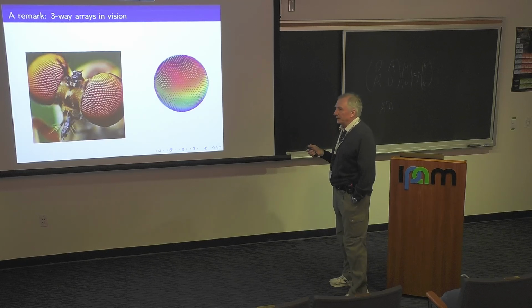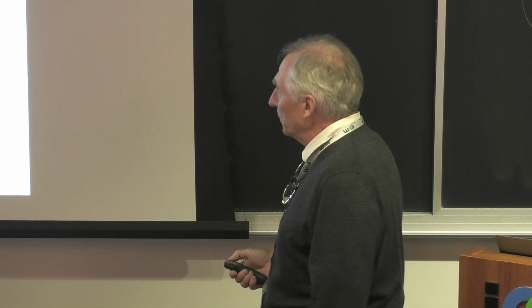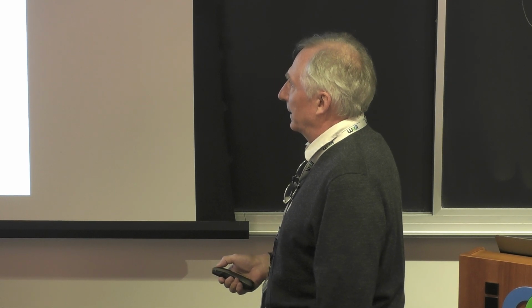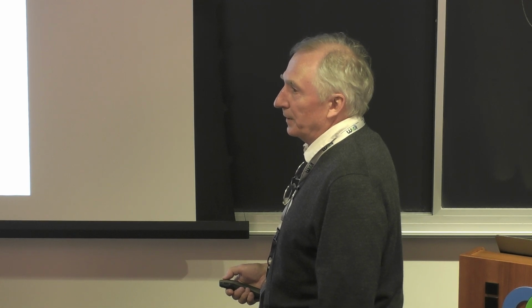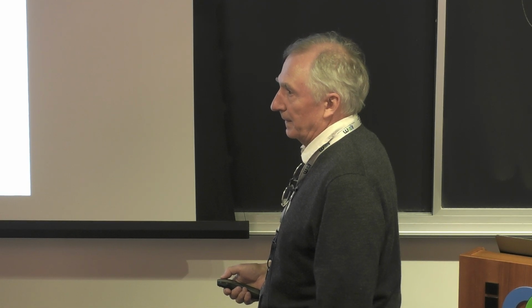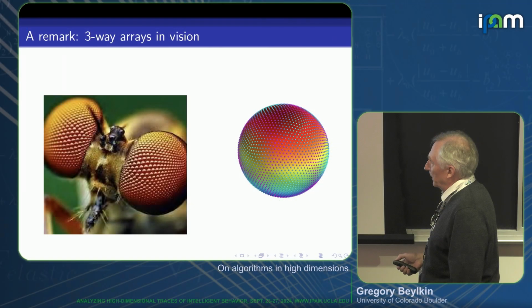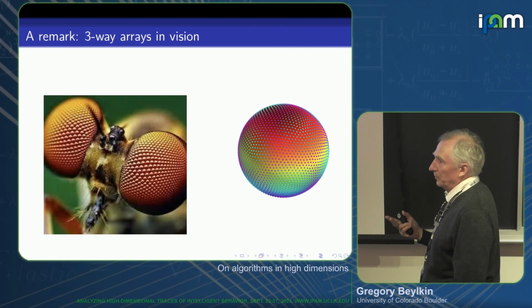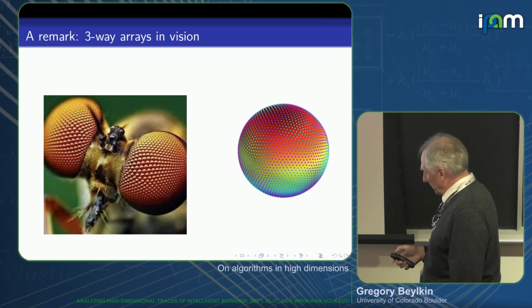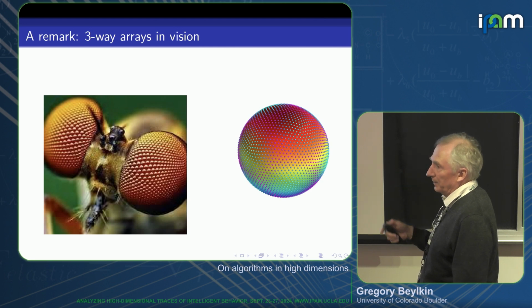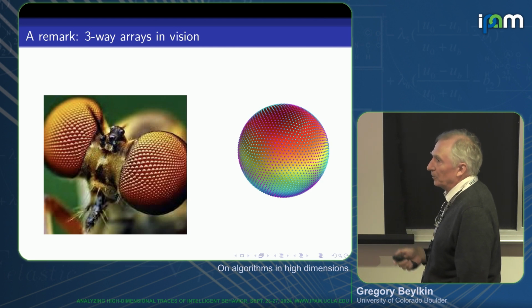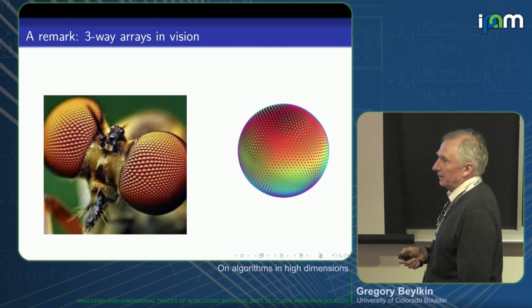But these solutions all have these kinds of features, directions. The reason I mention this is that if you want to represent information on this grid, you should use 3 or maybe 4-way arrays. Angular directions, two variables. And then you want to capture a whole neighborhood around a particular point. That gives you one more dimension, and perhaps color. Color is not so important, but it may be important, who knows. For insects, I think it is important.